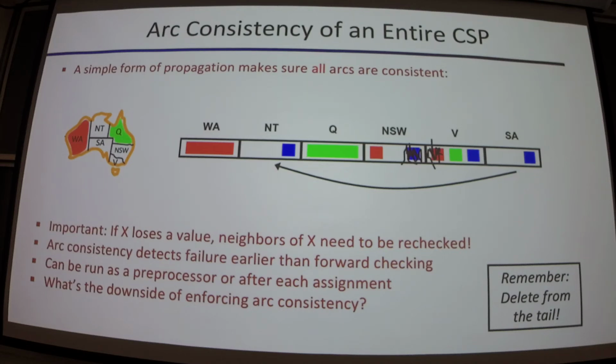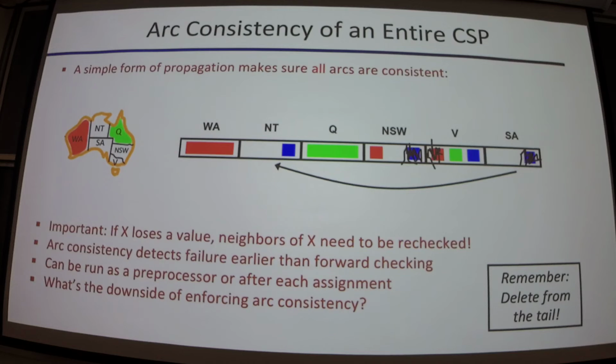Okay, so what's the arc we're looking at now? SA to NT. This is the set of variables, the constraint that was causing us all the problems, right? If we're checking all the arcs, are we going to detect this early? Well, what happens now? So let's say we're checking SA to NT, ignore the text that came up. Is it consistent? Okay, it's not, so what do we do? We take out the thing from the tail, right? What do we have? An empty domain. The algorithm says, whoa, that's no good, right? Backtrack. Which is built again on vector search, right? This is all kind of a subroutine that's encompassed in a DFS. Okay.